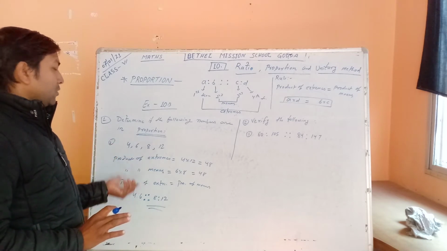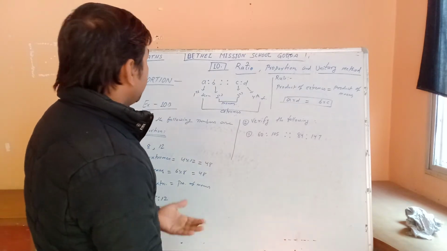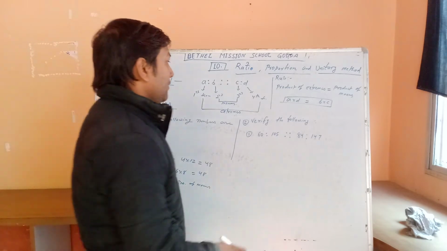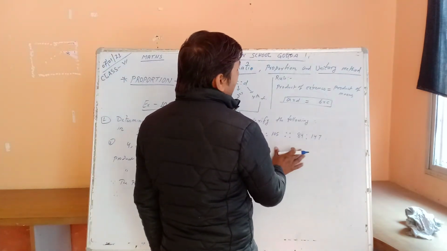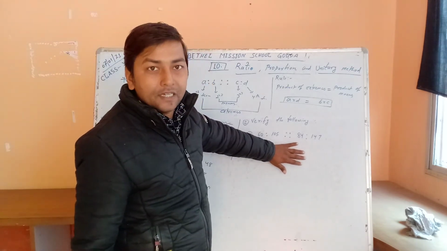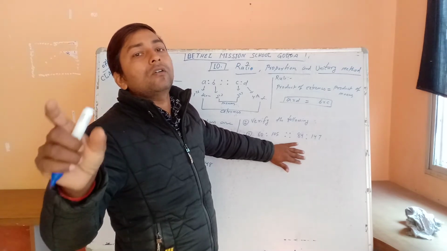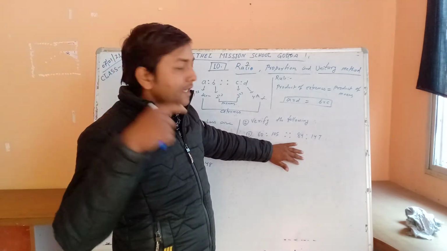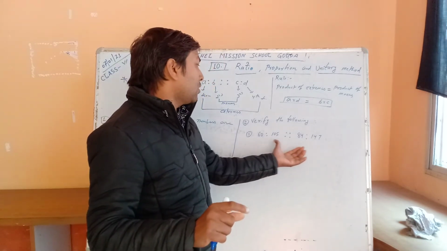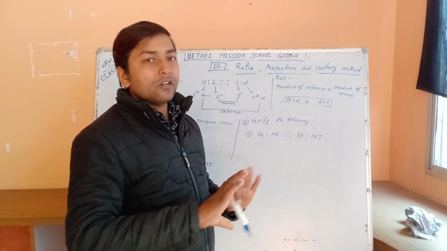So in the first exercise also so many questions are given, so you can solve them. And here the same questions are given. Here you have to verify the following. These are in proportion or not. It is written in proportion here. You have to show whether it is right or wrong. So this will be right if the product of extremes and the product of means are equal.